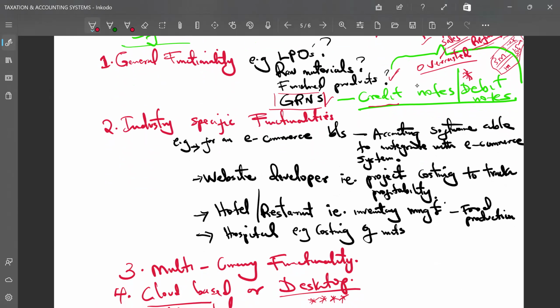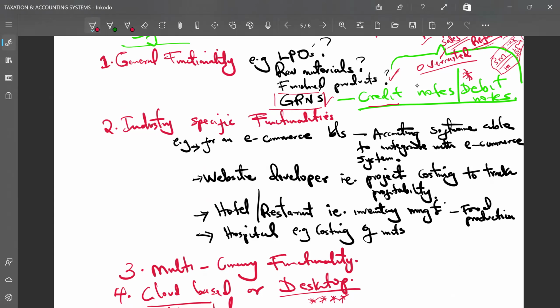This is about the industry where you're working. You might be running a consultancy firm. You might be running a clinic. You might be running a restaurant. You might be running a cloth business. You are maybe doing tailoring. And you're basically offering any service. You're running a shop. You're running a salon, a spa, a massage parlor. You're running a hotel or anything else. Depending on your industry, before you choose an accounting or a business management system to put in place, you have to consider your needs in that industry.